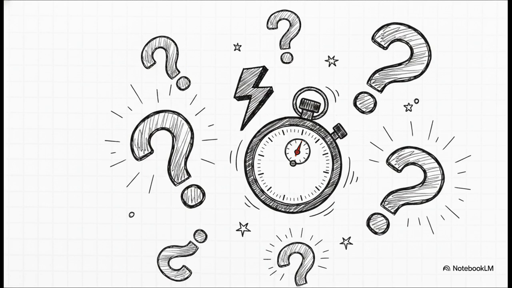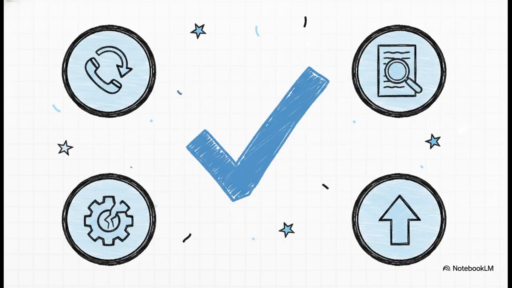Number 1. What word means a return phone call? Number 2. What is the word for checking that information is correct? Number 3. What do you call a failure of equipment or a system? Number 4. What is the phrase for sending a problem to a higher level? And number 5. Which structure sounds more polite? What is your name, or could you tell me your name? Got your answers locked in? Okay, let's check your answers.